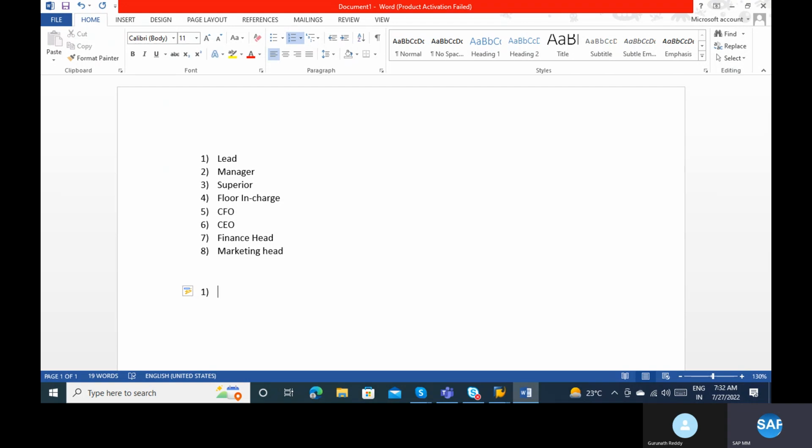Let's assume my plant is 1100 and the purchasing organization is 1000. When the total net price is less than or equal to 10,000 rupees,